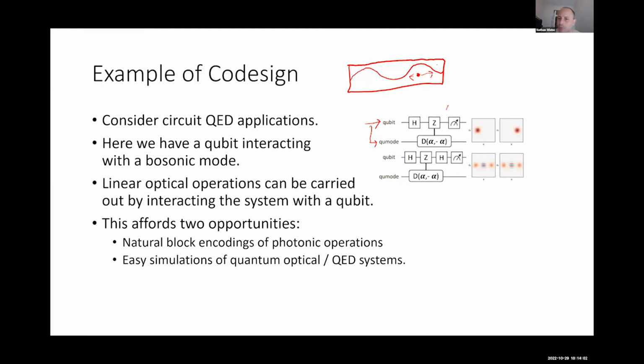The mode is really just the mode for the photon that's inside there. And what we can do is perform things like displacements on the mode, controlled on the value of the qubit going inside. So this is a hybrid model of computing where we have ordinary qubits like we all know and love, but at the same time, they're interacting with photons. And so this is a continuous gate set in this abstraction over here.